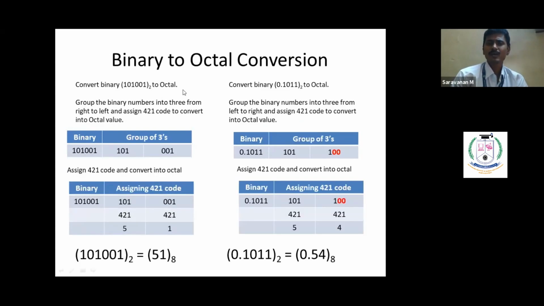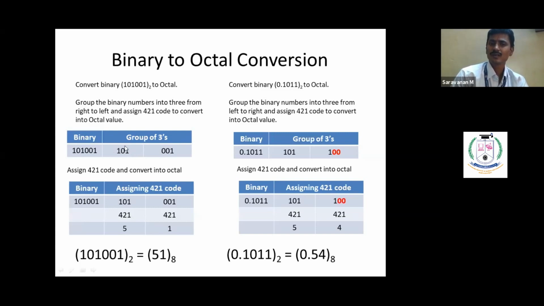Then binary to octal. Binary to octal is very simple. So for this number, the logic is like this. Take the binary number, group it in threes. Okay, so group it as 3 digits. And one thing you have to keep in mind is, for the integer portion, the grouping should start from right to left. Okay, keep this in mind. From right to left, you have to group it. So this 1, 0, 0 is your one group, and the remaining three, 1, 0, 1, is going to be your second.